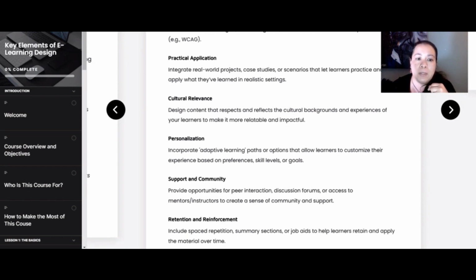Okay. Cultural relevance. Design content that respects and reflects the cultural backgrounds and experiences of your learners to make it more relatable and impactful. I can go in a lot of different directions with this. I have a pretty robust knowledge from working with so many different learners over the years from so many different cultures, and I get very passionate about this as well. But it's understanding, knowing, respecting, and trying to incorporate that into your learning of those different backgrounds,